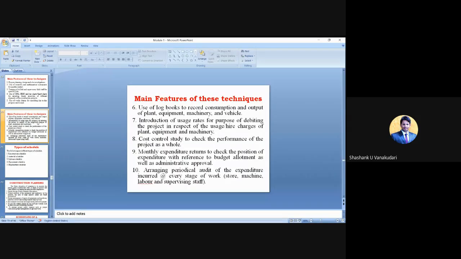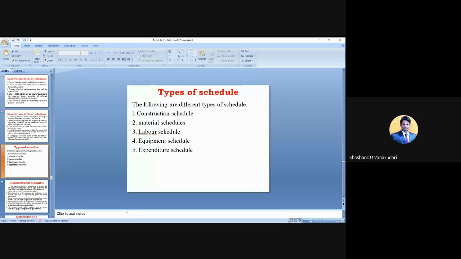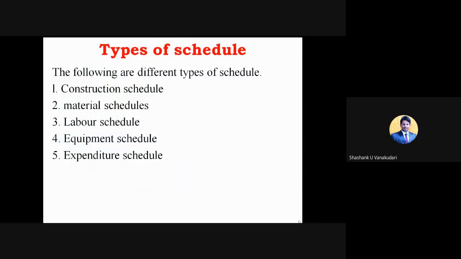Okay, now we'll be studying the different schedules. Scheduling, as you will know, comes after the planning process. In the planning process, initially we divide the entire project into a number of activities. Those activity details will be provided in this scheduling part, such as the activity's start date as well as the end date, and the activity requirements, such as how many resources that particular activity requires. Each and everything will be given in this scheduling part.